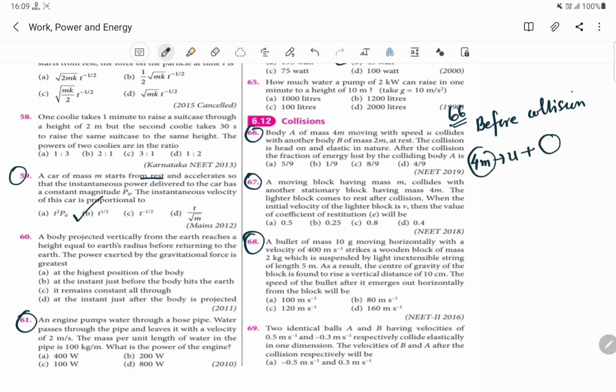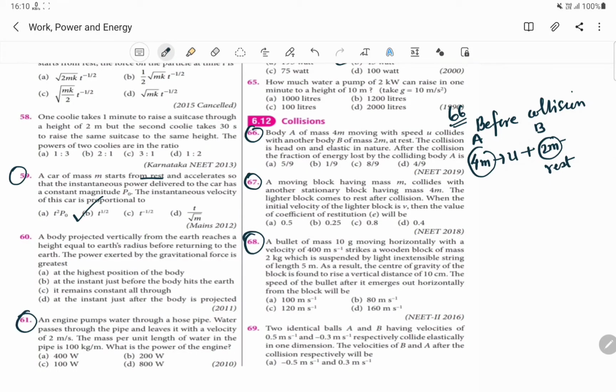And what about this second mass? This is twice m. This is body A and this is body B. Body B is at rest, so twice m will have zero speed. After the collision is head on and elastic in nature, that means there will be conservation of